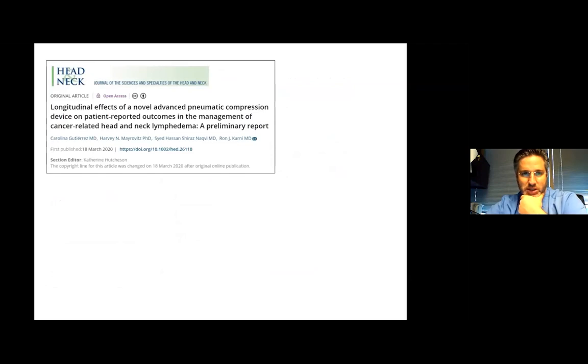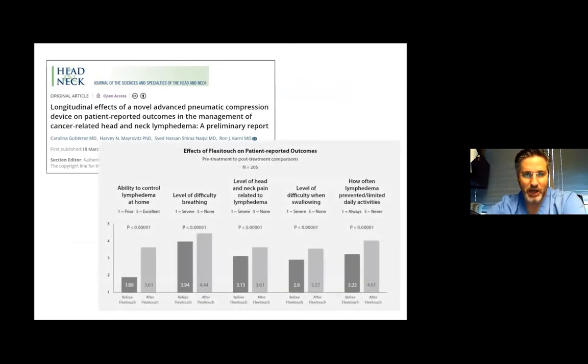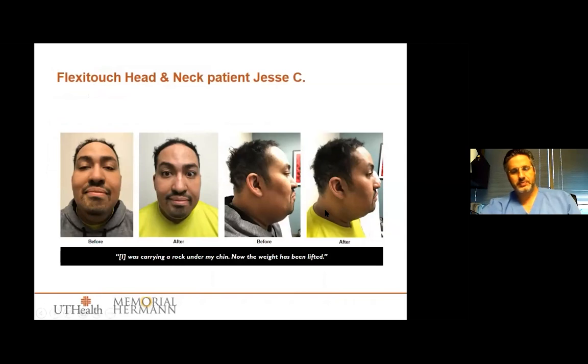My group also worked on a study looking at patient-reported outcomes in relation to using the Flexitouch for head and neck lymphedema. And again, excellent p-values here seen across the board in terms of the patient's perception of their ability to control their lymphedema, how they breathe, what their pain is like. I again draw your attention to the 4th column here, their ability to swallow, which is some of the most exciting results we've seen. We have a cohort of interesting patients in our practice who really have done historically excellent